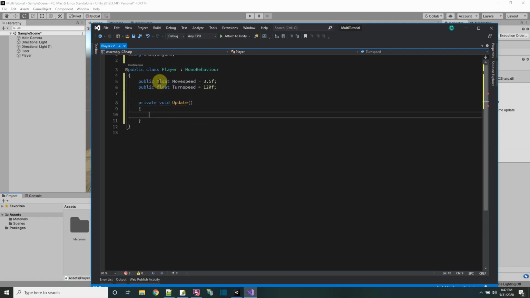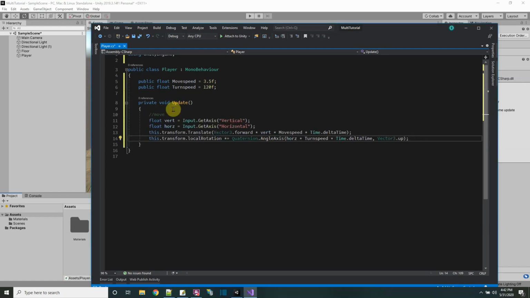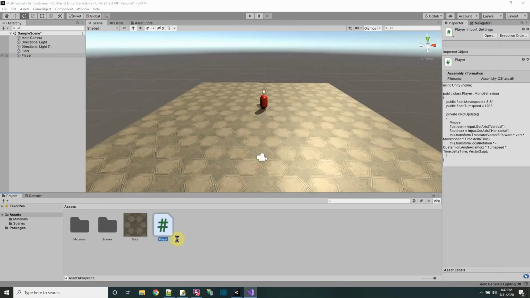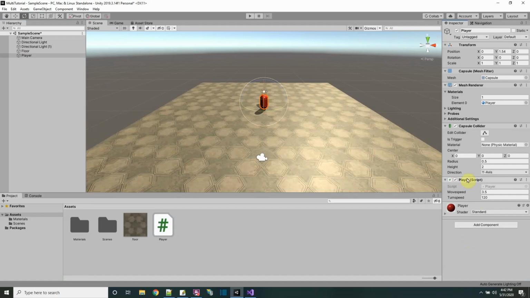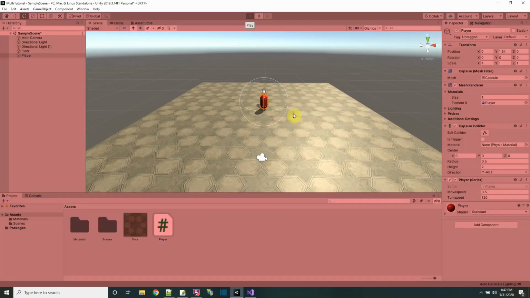Okay, private void. Now in the update function, I'm gonna just put some commands in here to do some movement. Okay, so I'll put this in here. All right, so I move back and forth and I rotate left and right. And let's put this on the player and see if that works right now. So here's the player, and drag and drop the script on there. And when you press play,